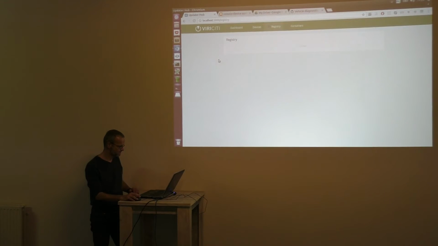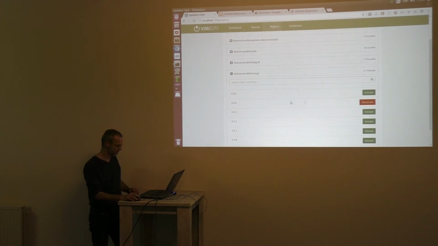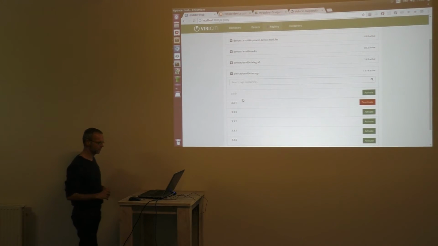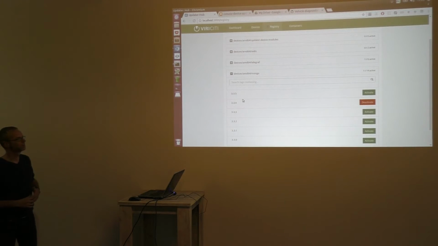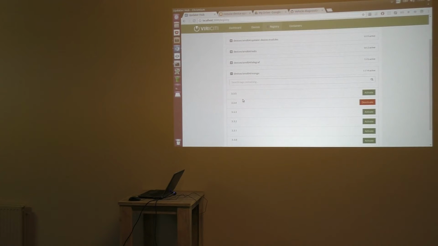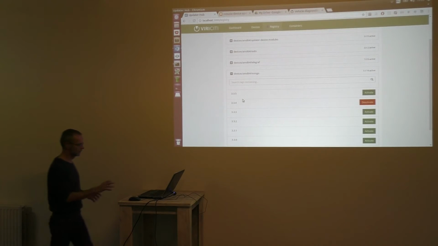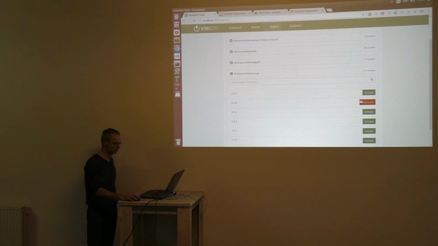There it is. Oh, there it is. You see, I pushed the new version to the registry. The server picked it up, and now we can deploy that one to all the remote devices which are